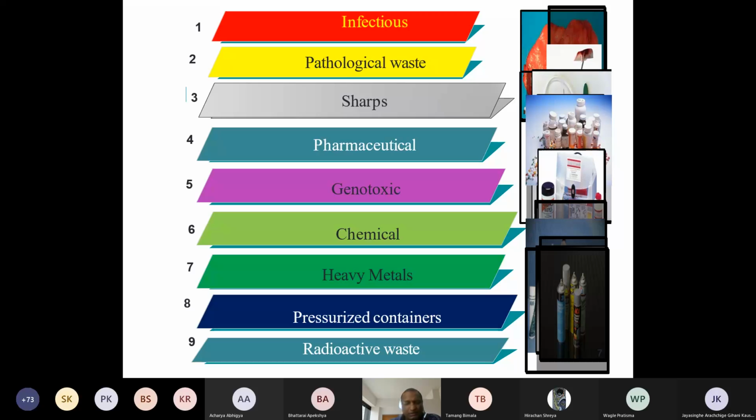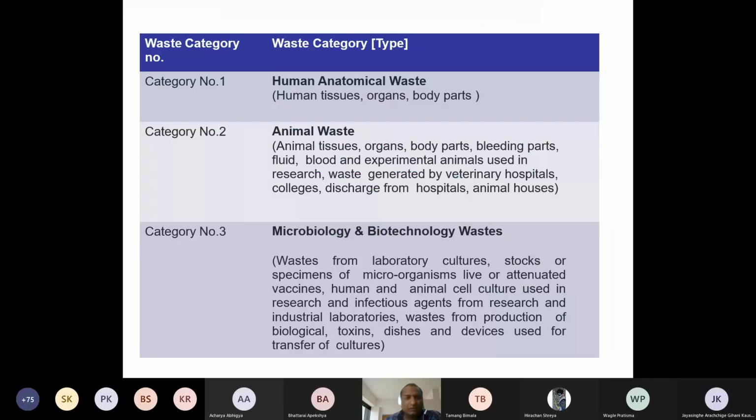Chemical waste: a lot of chemicals are used in the laboratory and in treatments. Medicines are also chemicals. Heavy metals are also used, not only in diagnosis and treatment but in other infrastructure of the hospital too. Then pressurized containers, in which the waste from the ward and other places is contained, and radioactive waste. These are some of the categories you have to understand. At least you have to know them. So now, in detail,